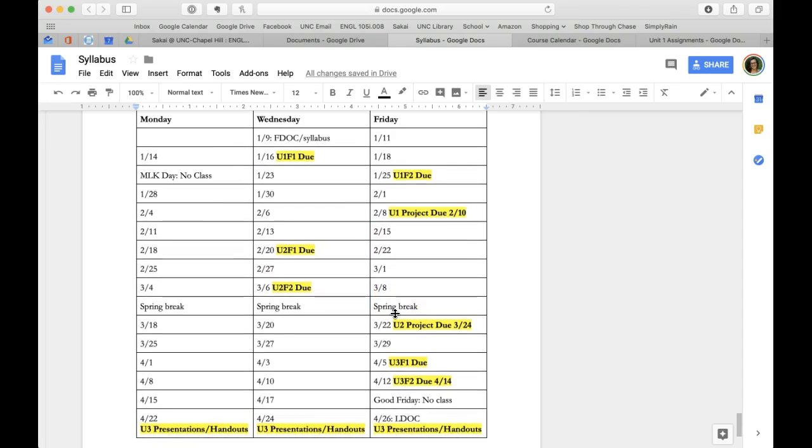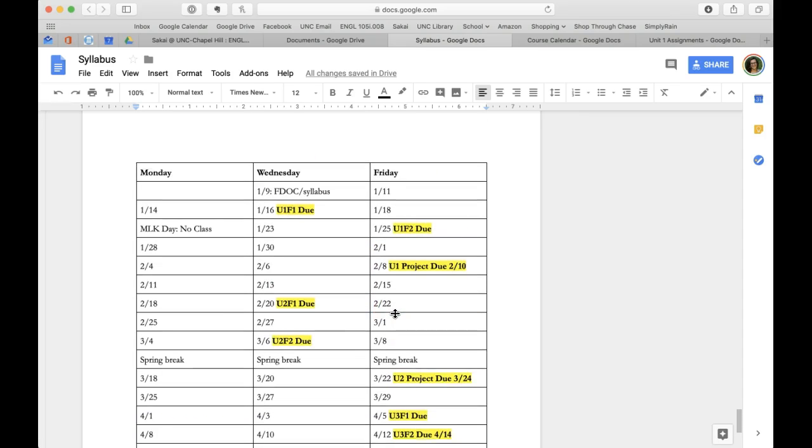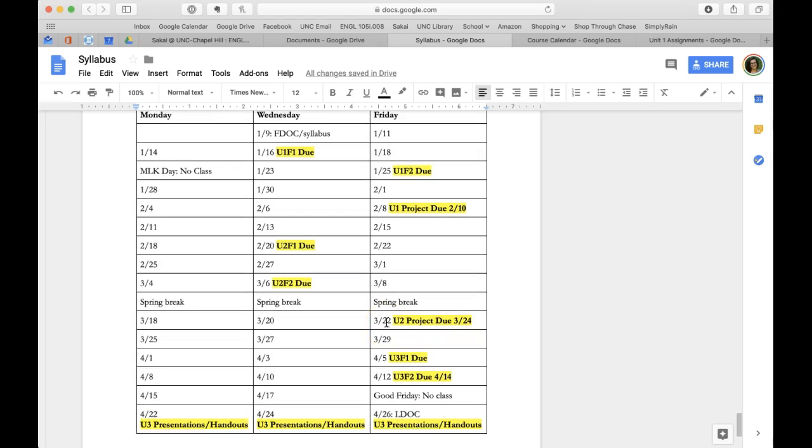I will just go ahead and tell you up front that these are going to change. It's all based on how things go in the class. If we find that we need more time, last semester things were crazy with the snow and the hurricane and whatever, so everything got messed up. This is what I envision for now, but I expect that at least something on this will change.